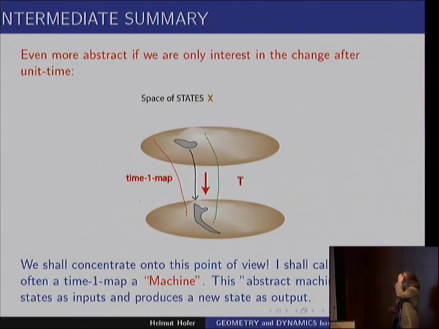So now I will concentrate on this point of view, and I call this sometimes a time one map, sometimes a machine. It's also good to think of this as a machine because it turns out when you want to study these landscapes, you could study them by putting all machines on them you can think of in order to explore what this space actually is. So you construct input-output machines to explore space. And I think it's a good viewpoint as a machine. You give an input, the state now, and it puts out the state tomorrow. So it's some kind of a computing machine.